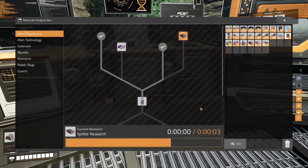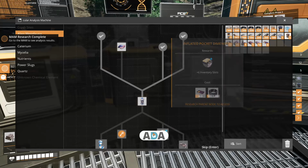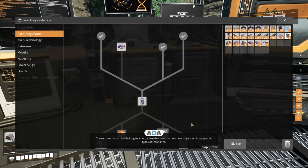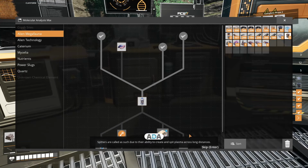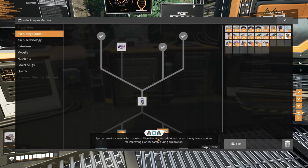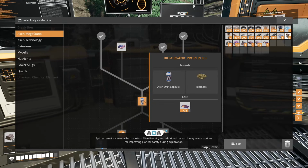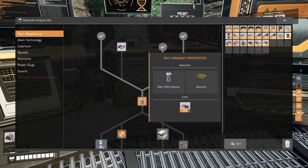Research spitter. Okay. The remains researched belong to an organism that tends to nest near objects emitting specific types of resonance. Spitters are called as such due to their ability to create and spit plasma across long distances. Spitter remains can now be made into alien protein, and additional research may reveal options for improving Pioneer safety during exploration. And I haven't found a hatcher, so...